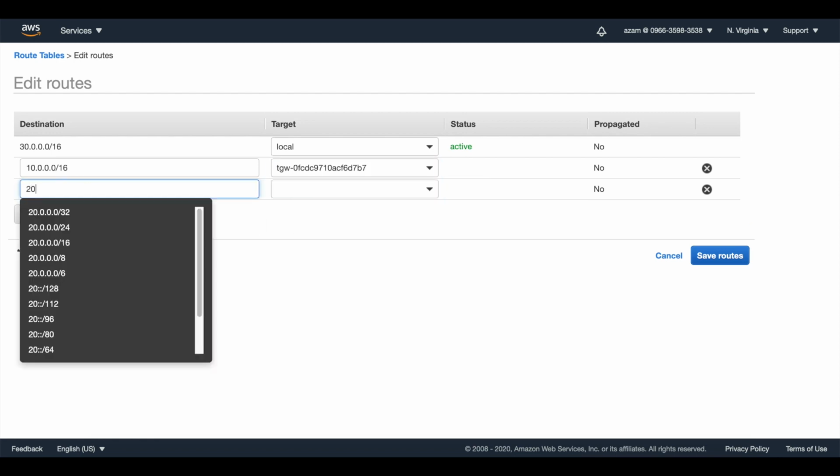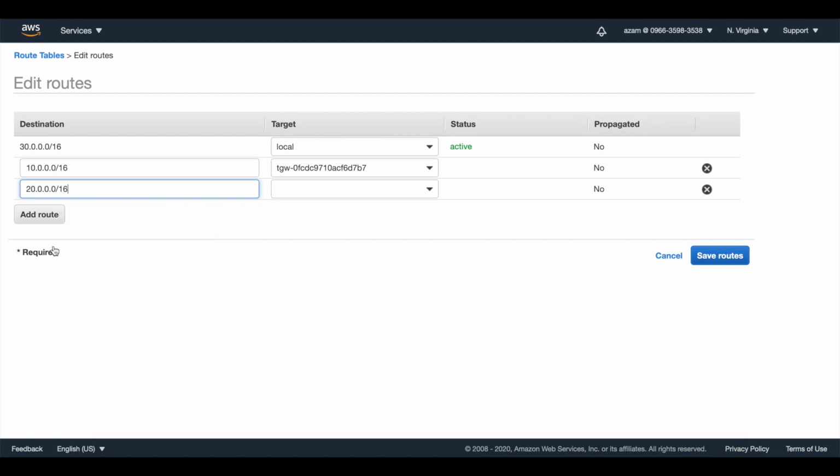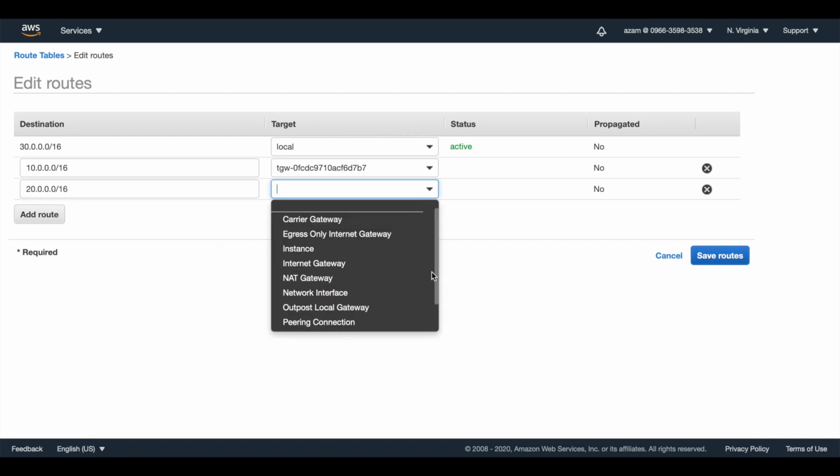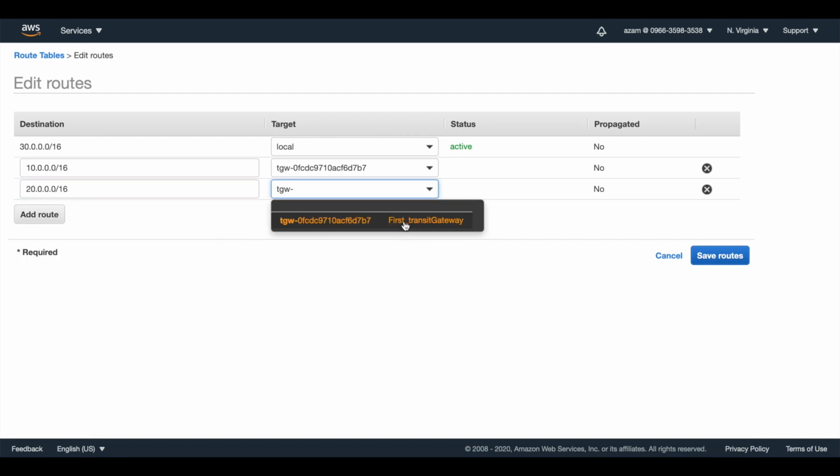Make sure you add this destination with the other VPC. If you want to refine this, you can also use it from another subnet, but I'm not doing that. Transit Gateway.